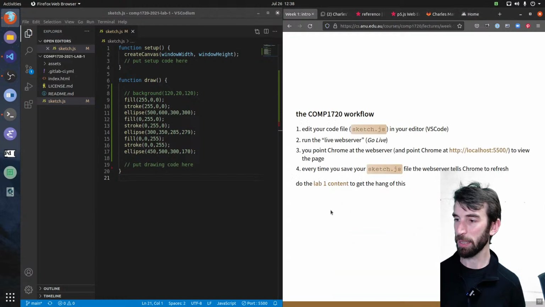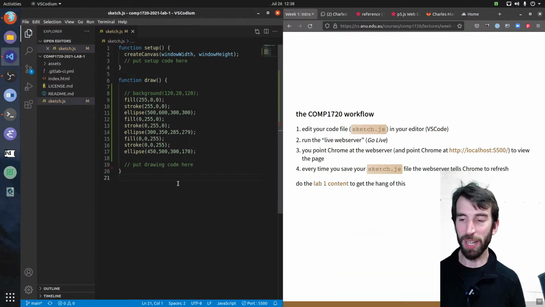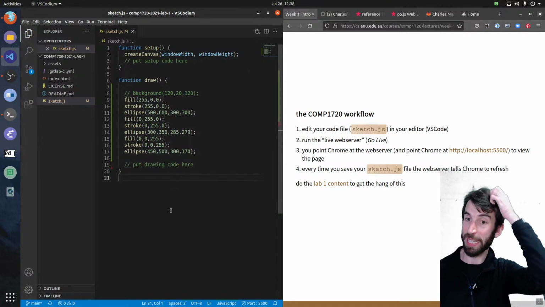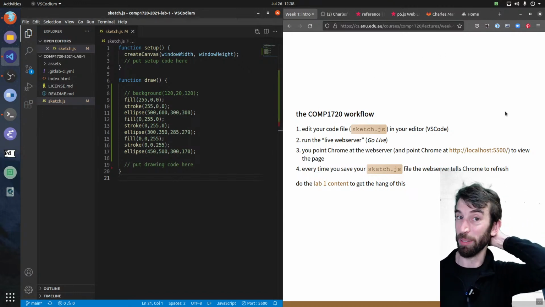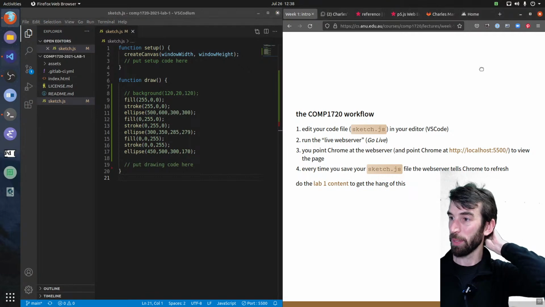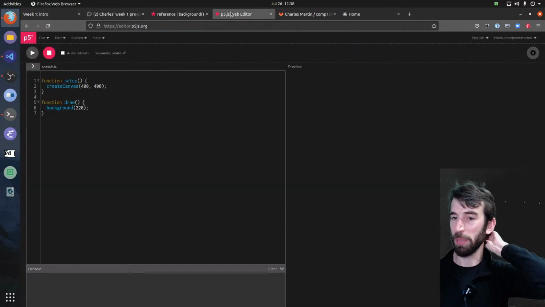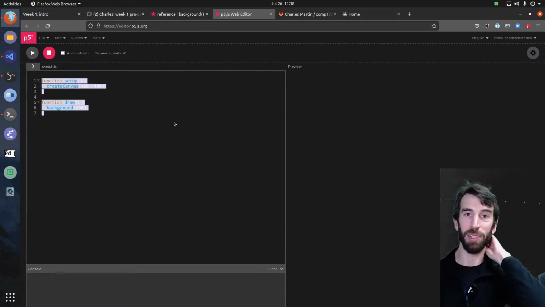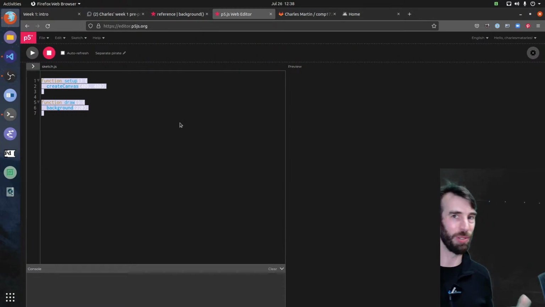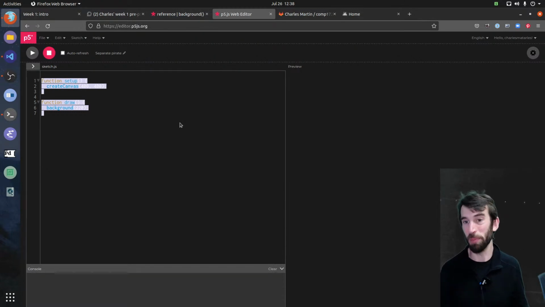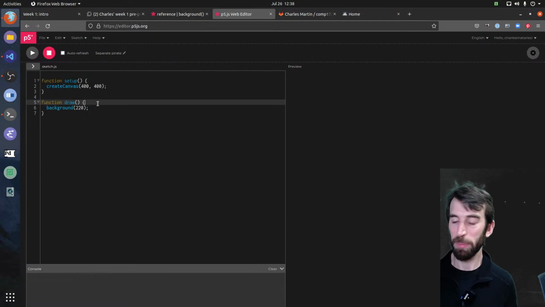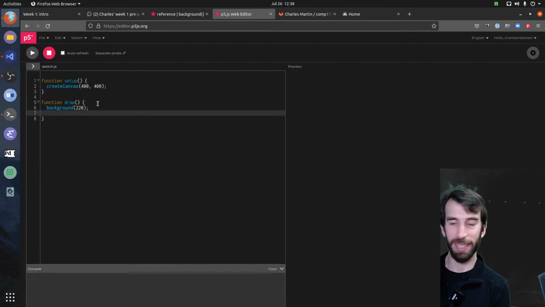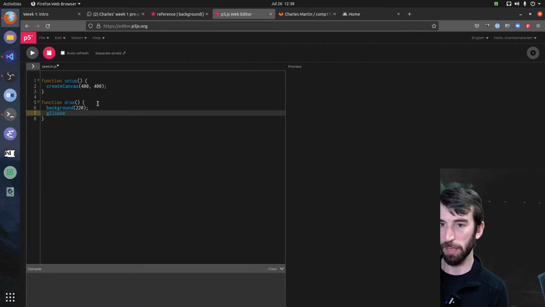Okay. And then every time, as you saw, every time I pressed Control S and saved my sketch, it was updated in the website. A bit later in the lecture, I'll show you another demo using the p5.js web editor, which is where I tend to do demos in lectures because I'm already in a web browser. This is easy enough, but it's the same thing, right? I've got this code here. I can make an ellipse, 50, 200, 200.